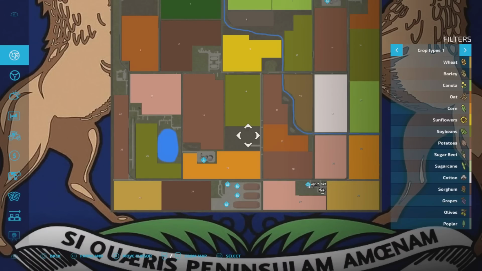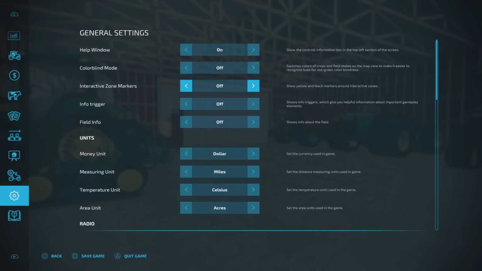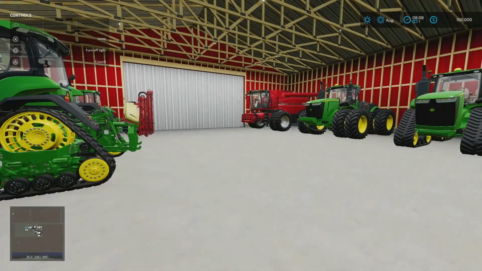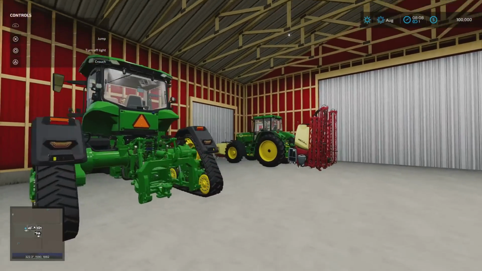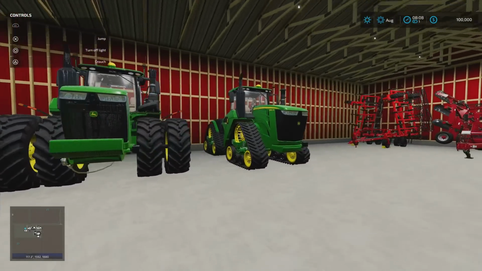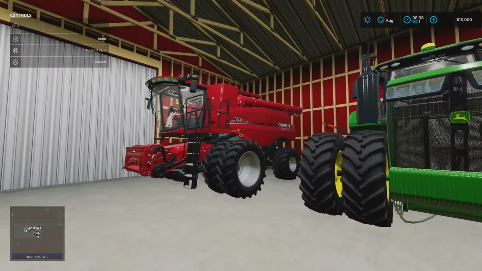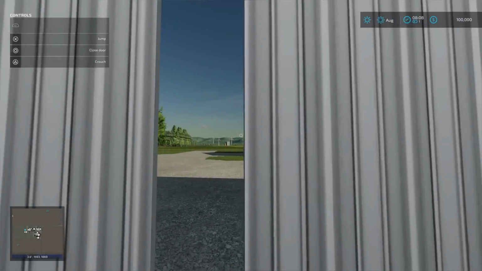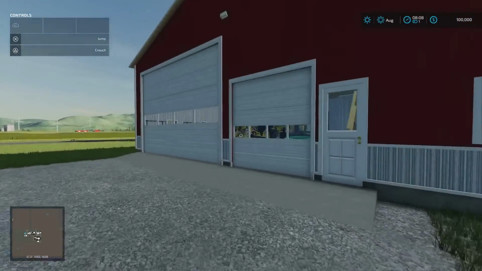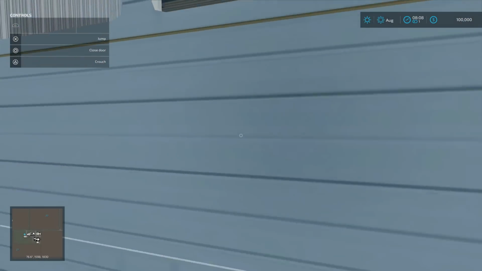Oh, I've just realised what I haven't got on. Hang on. And the map. There we go. Turn on shed lights. So there's our 8RX, our smaller John Deere with the spraying gear. Like I say, we got some big gear going on here. It's amazing. If we come out of here, over to this side, we do have, under our pickups as well,